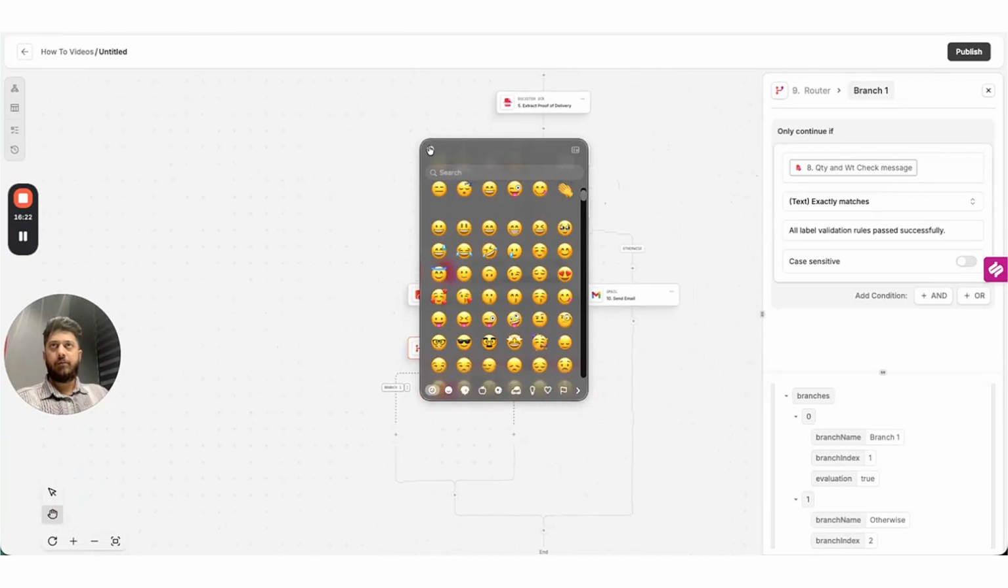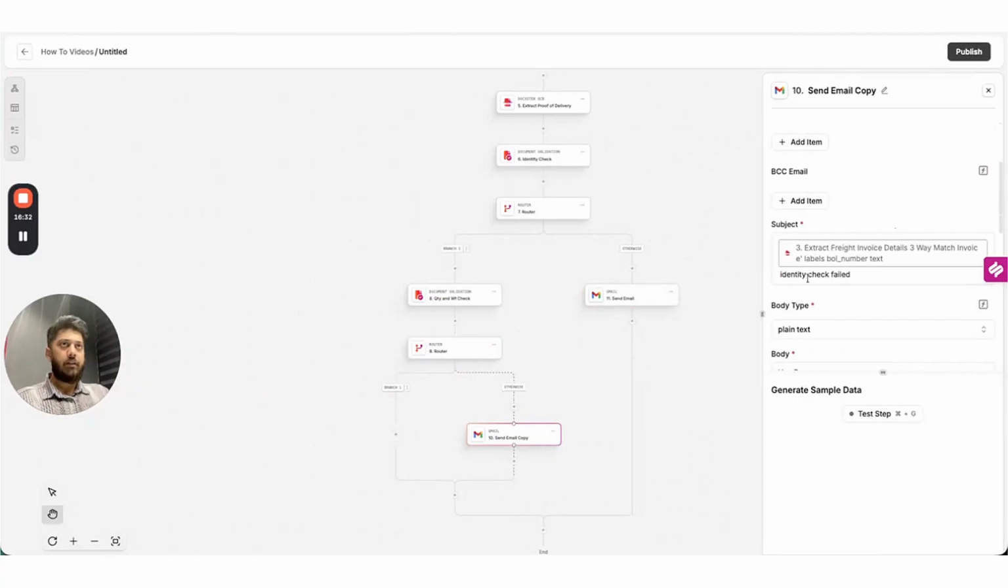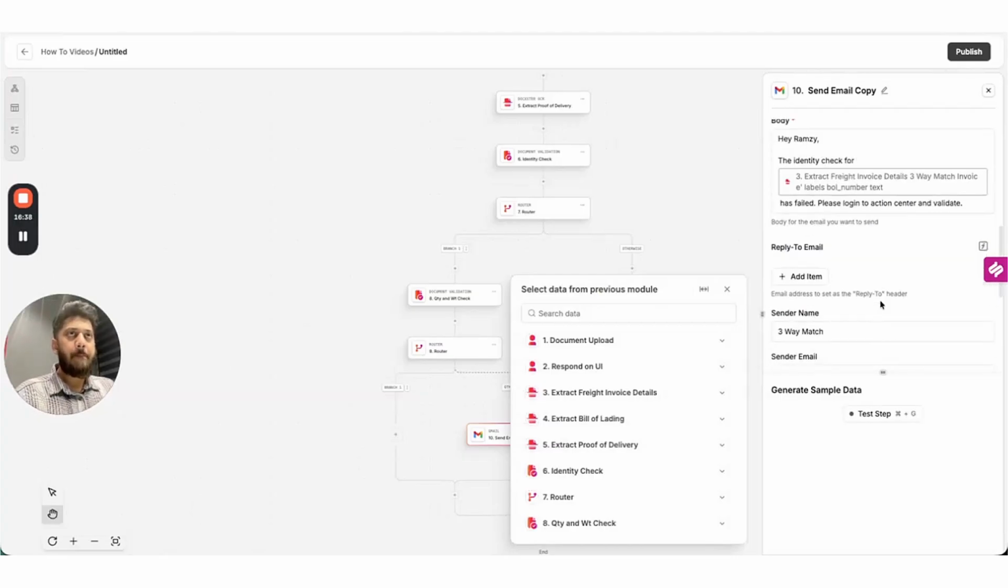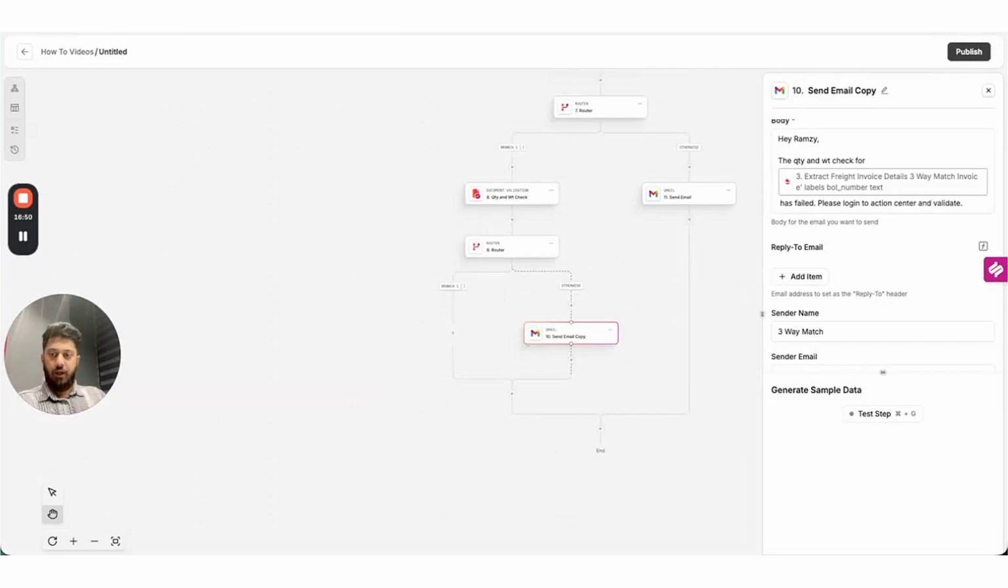Okay. Duplicate this, put that in this, and I can write quantity and weight check failed. Put that in here as well. Quantity and weight check for this failed. Perfect. Finally, we are going to be checking